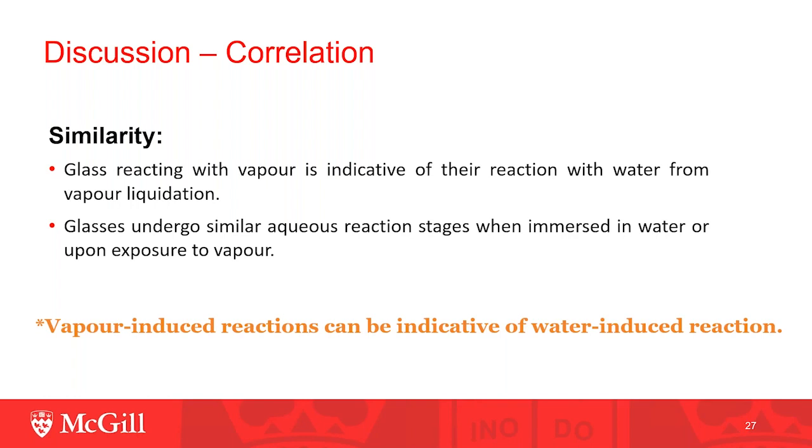Therefore, the glasses with rapid vapor reaction rates should have rapid ion release and dissolution rates, such as sodium-30. Otherwise, if vapor can't induce glass reaction, it is expected that their dissolving in the water should be very slow due to the slow water-induced reaction, such as calcium-30. Therefore, DVS can be used to evaluate the reactivity of borate glasses with water. That is to predict how difficult it is for the borate glasses to initiate the reaction in the water and how rapid the water reaction is.